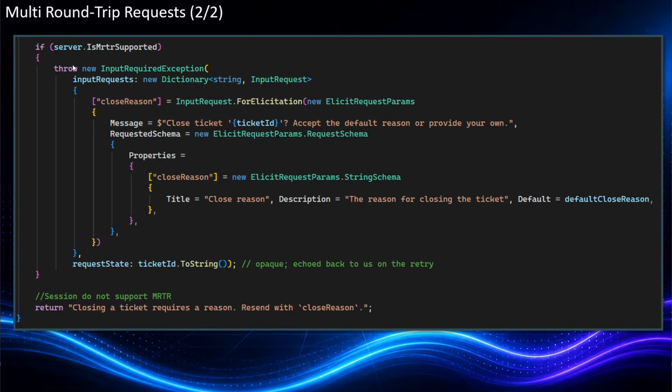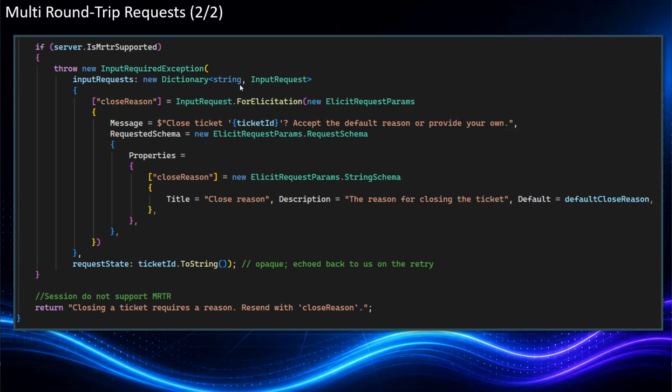If not, we need to check first if the setup we are running right now is supported with the multi-round trip requests. If not, we would need to just say to the LLM in English, please give this extra thing. This is what we would do before elicitations. But in the new system, you would actually throw an exception. So they have chosen exceptions to do this, so they can catch it in the inners of the MCP SDK and send it out in the real format.